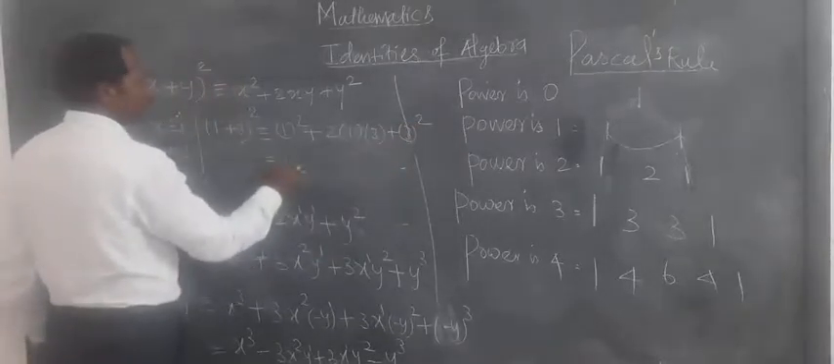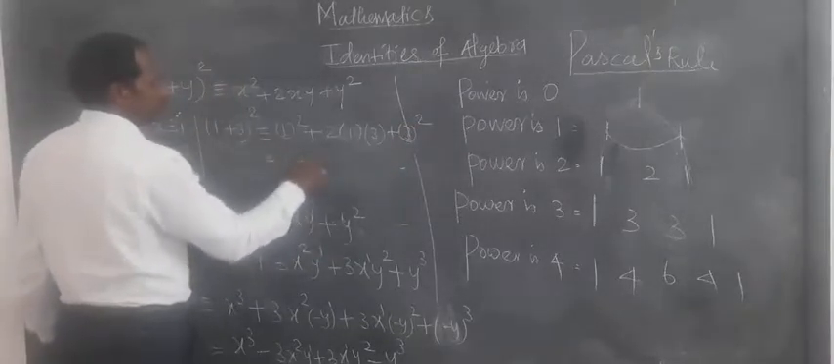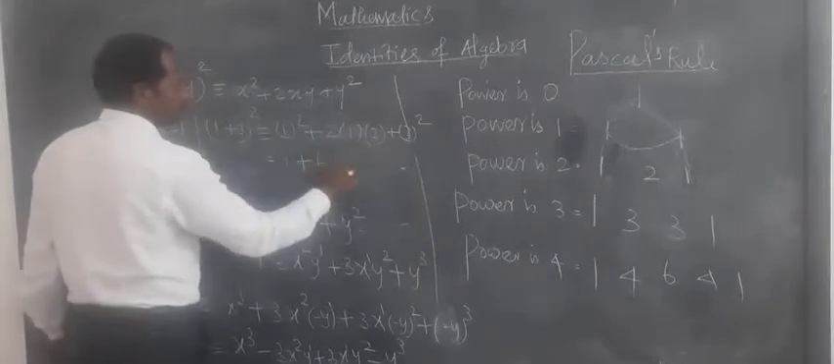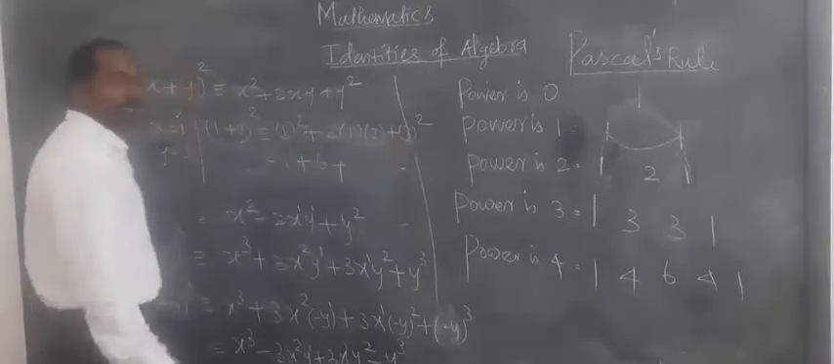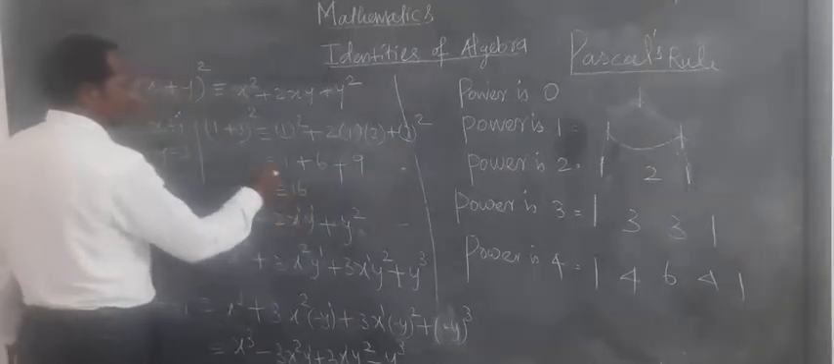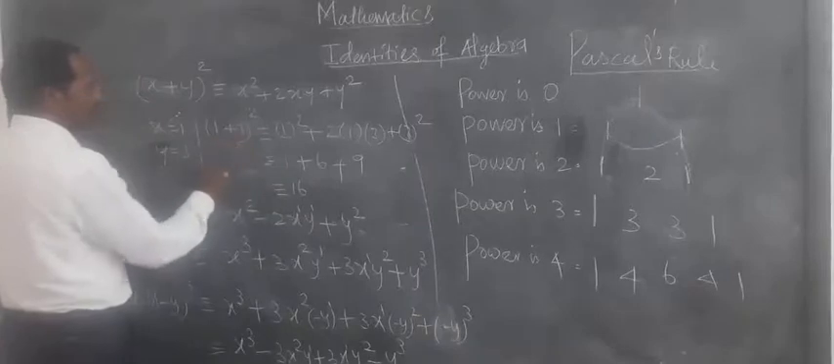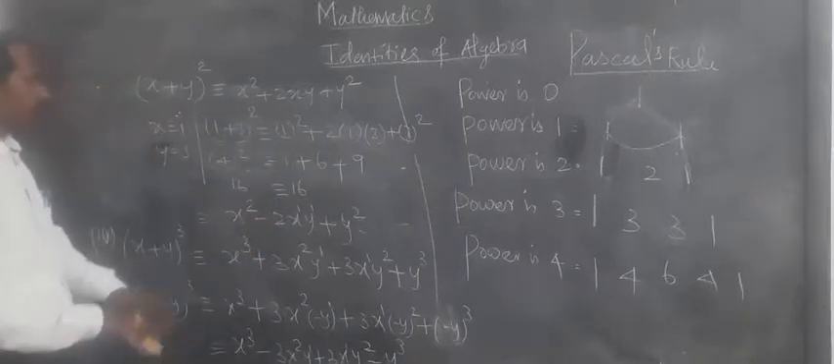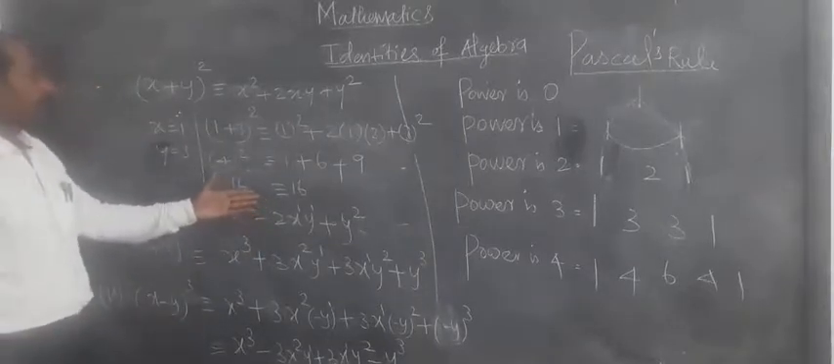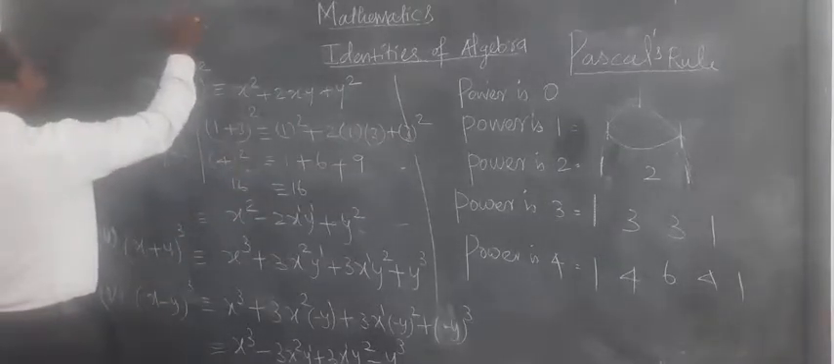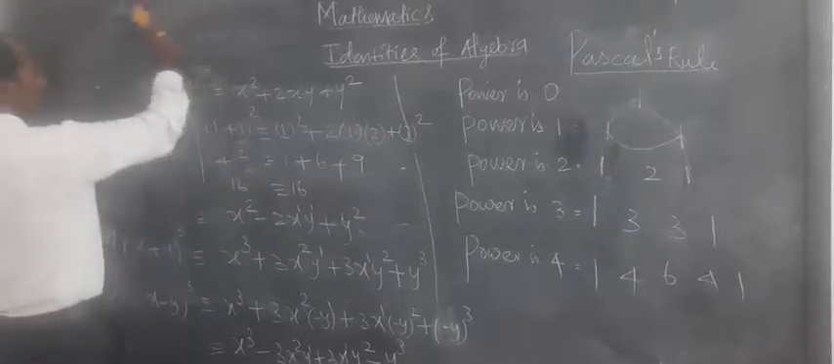Just use 1 square plus 2 into 1 into 3, 6, plus 3 square 9. The value is 16. Here 1 plus 3, 4, 4 square equal to 16. This is an identity. But at the same time, the equation means, for example, the previous one what I taught you,